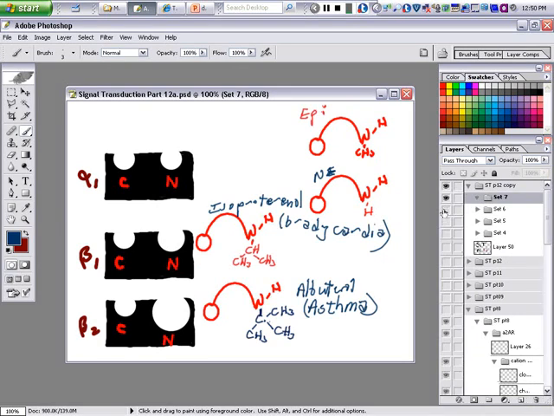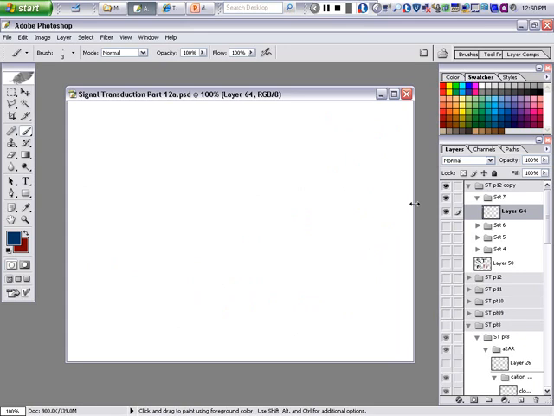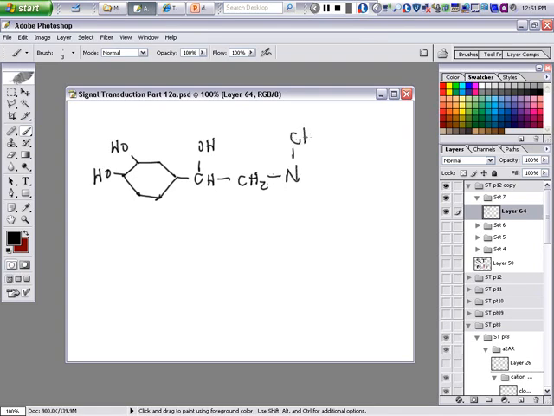Okay. Let's get rid of this. What is the name of this drug here? Oh, I don't think I need an H there. I always miss that. Okay. What is the name of this compound? Epinephrine. That's epinephrine. Yep. Our favorite drug on earth, epinephrine. Now,